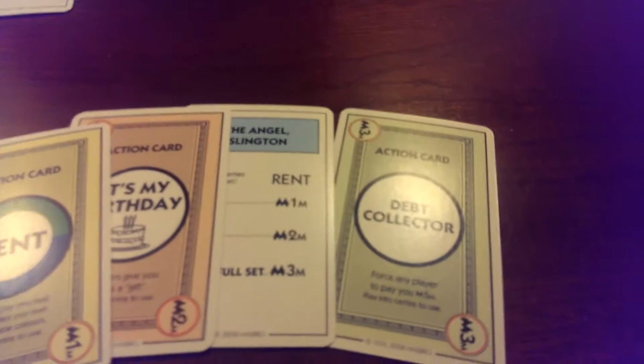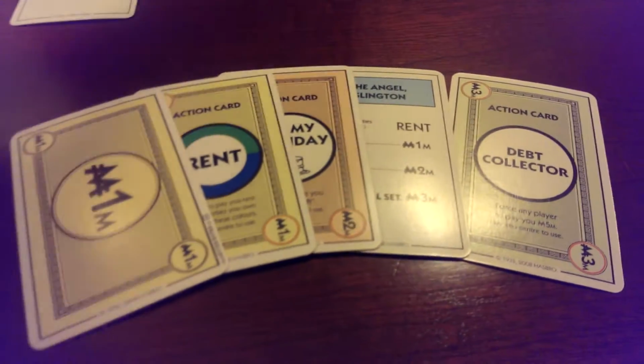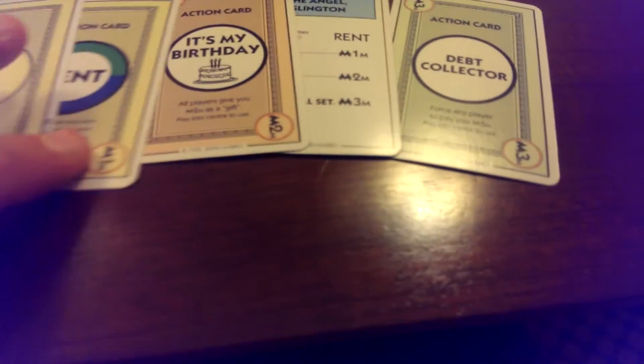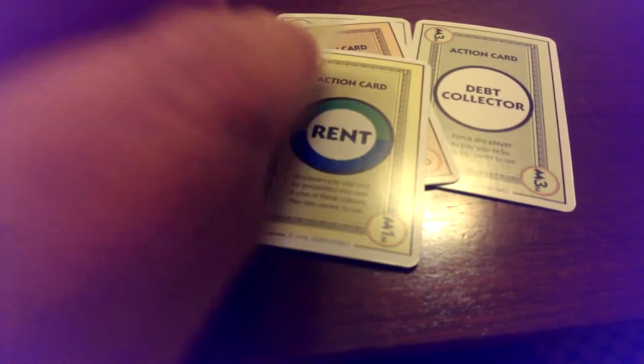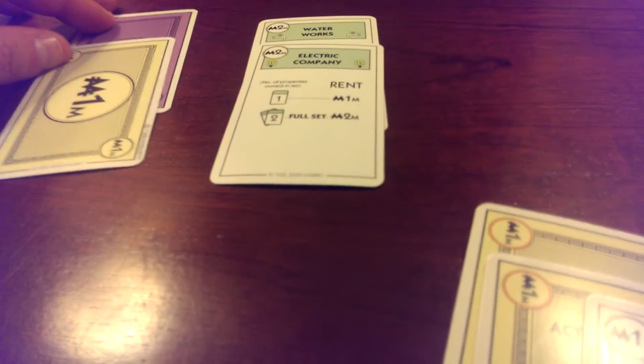And then it would be my opponent's turn. On my next turn, I could then take another 2 cards, and I could then decide what to do. So in this case, I might want to bank some more money, and then maybe I could play It's My Birthday to get some more, and then I could maybe play Debt Collector and pick one person to get some more. Now, you'll notice that on all the action cards,